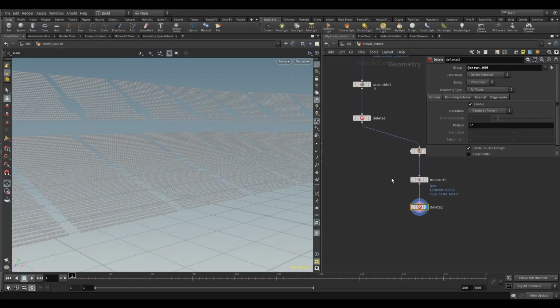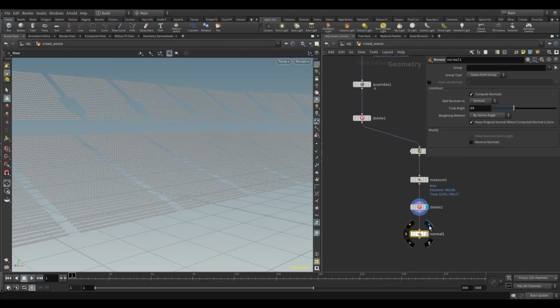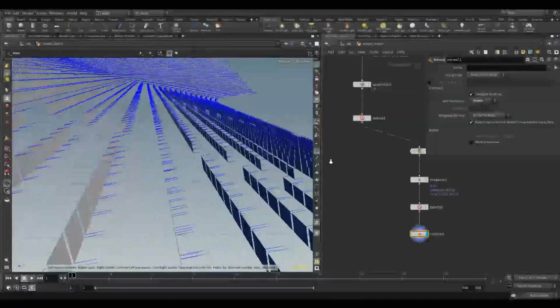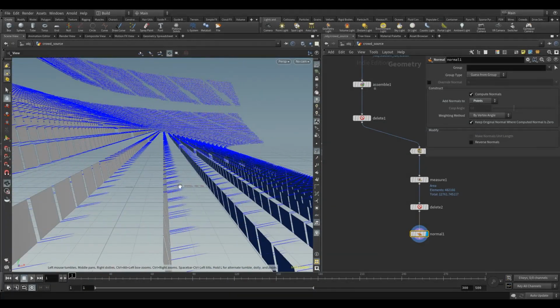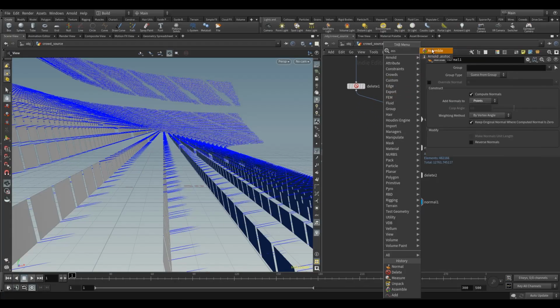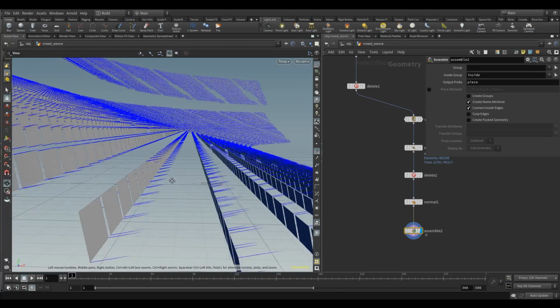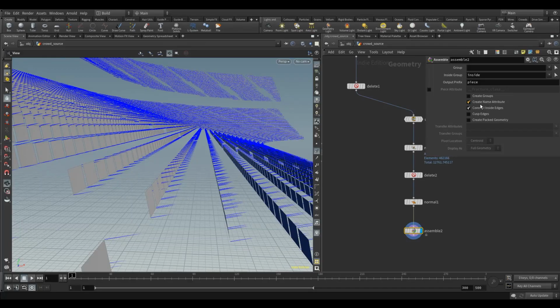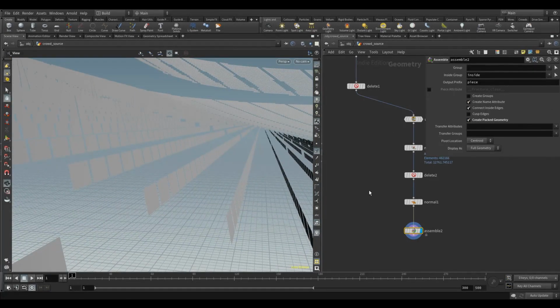Okay, and I need normals on the points that I've got already. Put this to points, and that will give me, so you can see where I'm going with this. It gives me the normal in the right direction, more or less. You can see it's pointing up a little bit, but that's easy to fix. Another assemble to give me the point in the middle. There's a couple of ways to do this. You can do an assemble, which will give you a point in the middle of the geometry, but another cool thing that you can do is